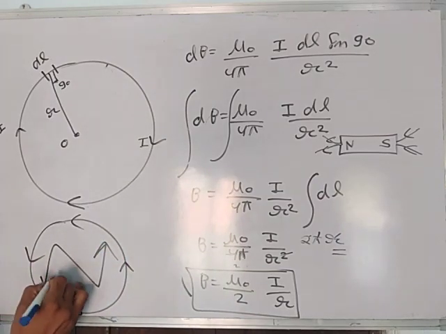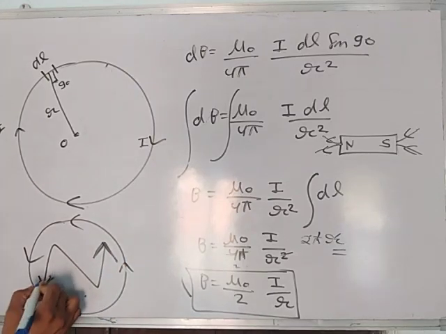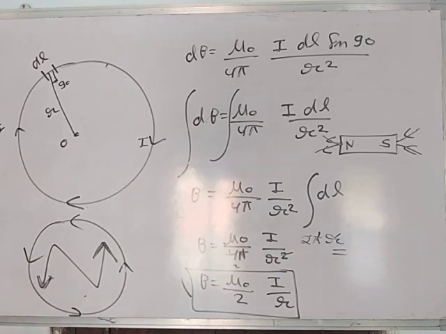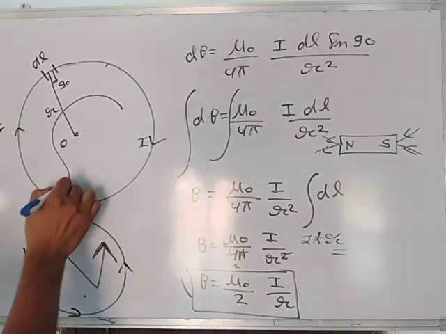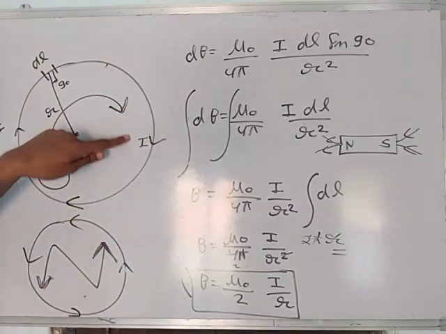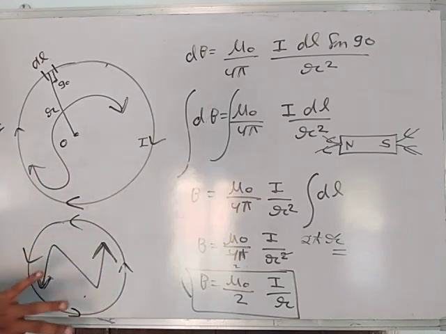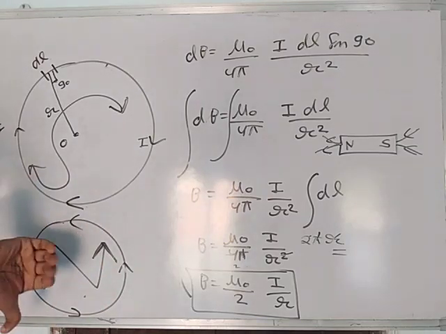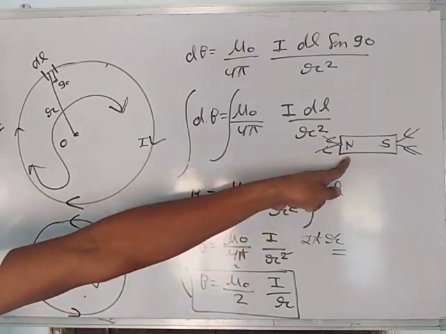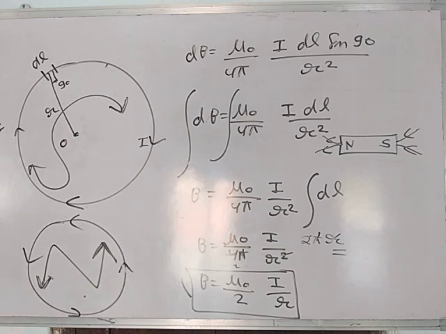If you draw an N and draw arrows at the edges of N, the arrow gives the direction of current, and this is the north pole. In the same way, if you draw an S here, then the direction of the head of S is along the current, then this will be the south pole. This will be the north pole, because from the north pole magnetic field lines are emerging, you can see here, and at the south pole magnetic field lines are entering.